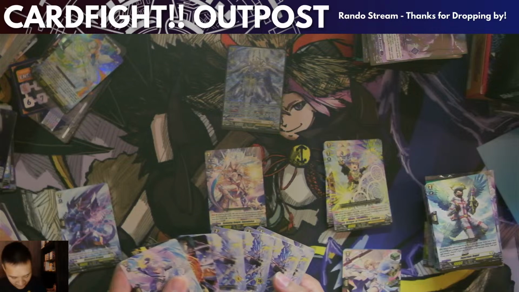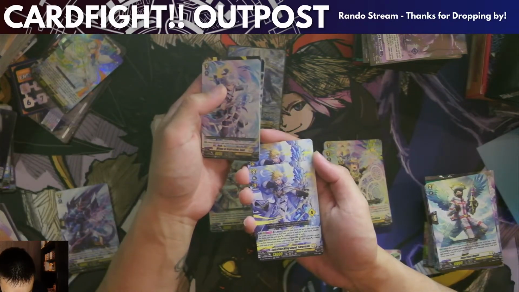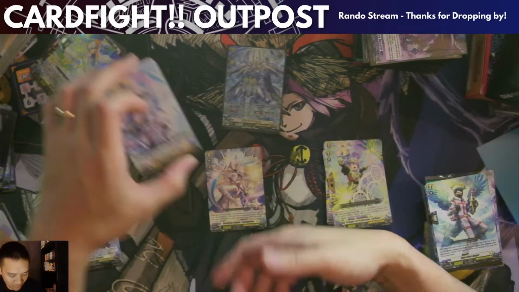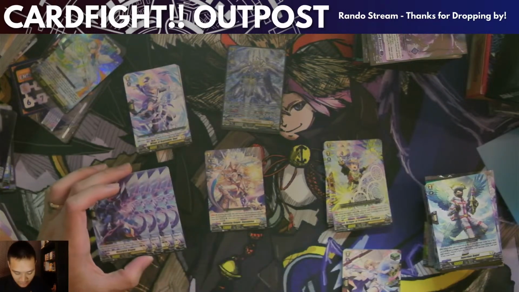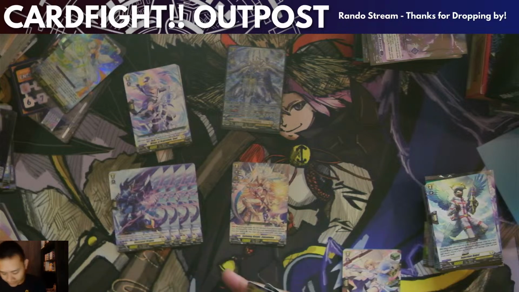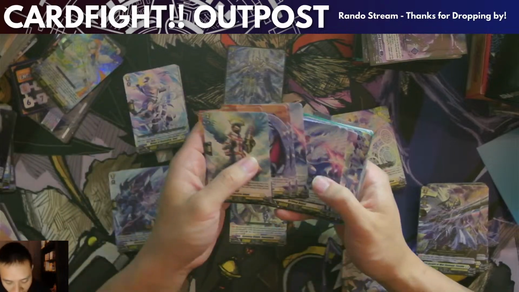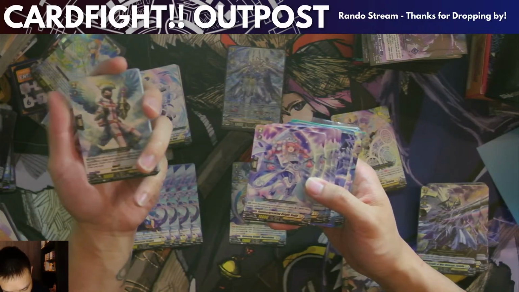Let's see. I just need to read Sorevzel again. When it attacks, grade 3 or less from your drop, call it to rear, and it gets 10k. Yeah, okay. Straight and simple. Very, very simple. Good to know. Okay. So, let's see. If we're calling from drop, we definitely...